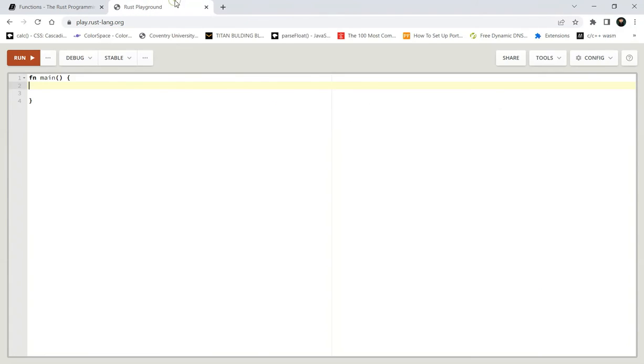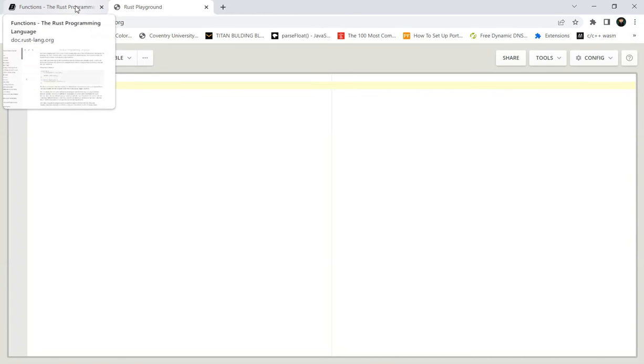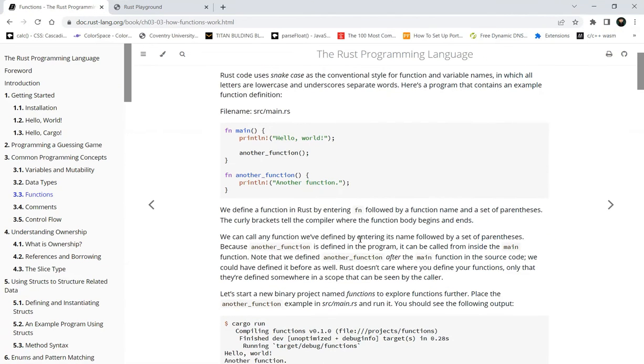So just open your new tab and type play.rust-lang.org. The site will be given in the description, so there is no need to copy it or just remember it. So let's see what we have here. Okay,